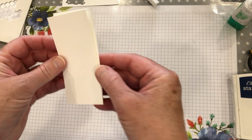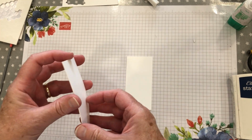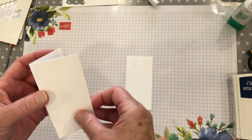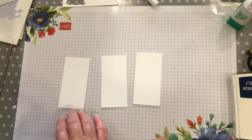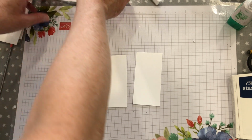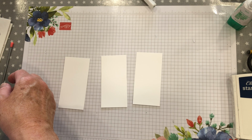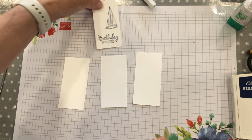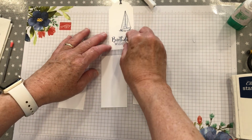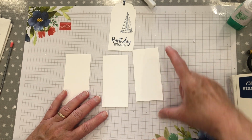So I cut 4 pieces of Whisper White. I think I've probably just used one. Yes, I have. Of course I did. I'm just going to, no, I'm not going to cut another one. There is absolutely no point. I'm going to use one of the ones that I've already stamped, because I'm going to use them anyway. So, okay. So what I did was I got 2 by 4 inch